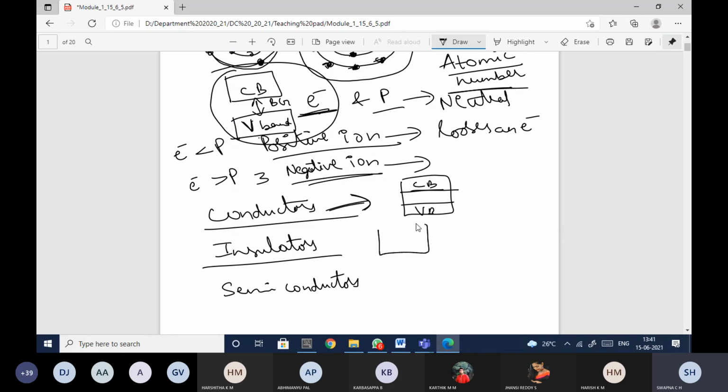When it comes to the insulators, the band gap will be more. The difference between the valence band and the conduction band, the band gap, will be large. So there are no free electrons to conduct, and these are not able to conduct even when you